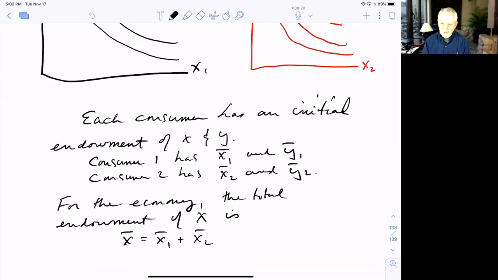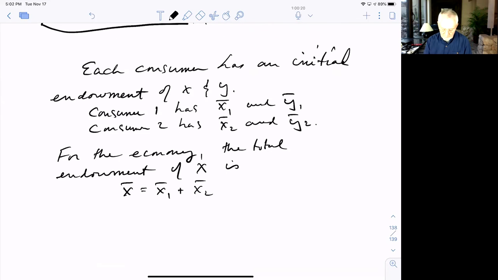So our economy has a fixed amount of X available for these two consumers to share in consumption. And for Y, Y bar is going to be the sum of our two individuals' endowments of Y. So our economy has a fixed amount of X and a fixed amount of Y available for these two consumers